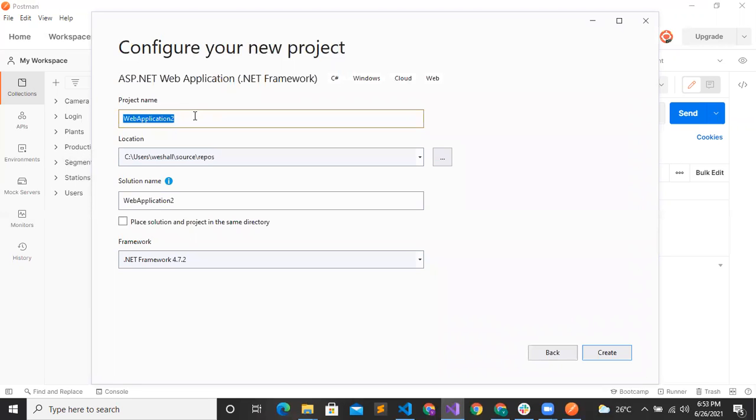Here give the project name. You can choose any name you like. Now click create.